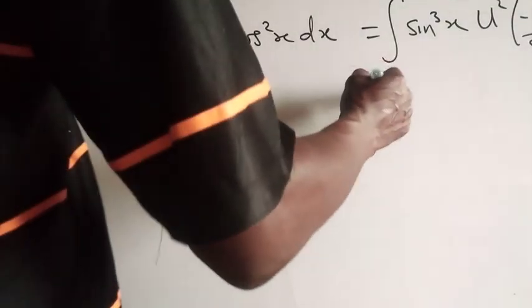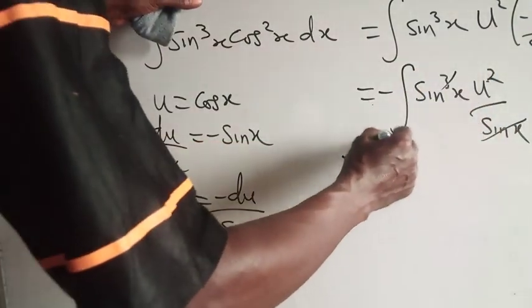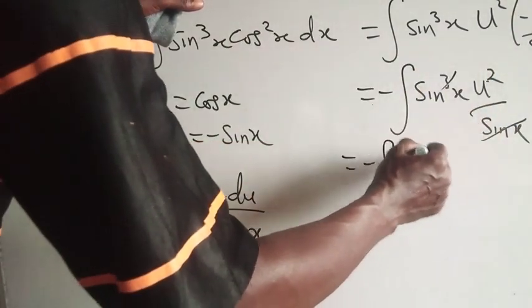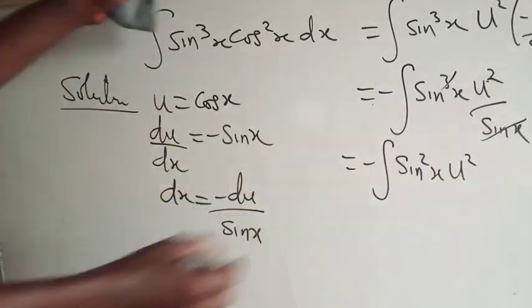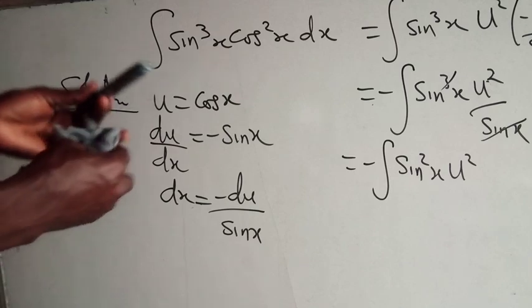Which invariably means we can bring out our minus sign and have sine cube x u squared all over sine x. Sine x, we cancel one sine x here. We have minus integral of sine square x u squared. I hope you are following that. Beautiful. So if you are following that, that will be very good of us. Now, with this,